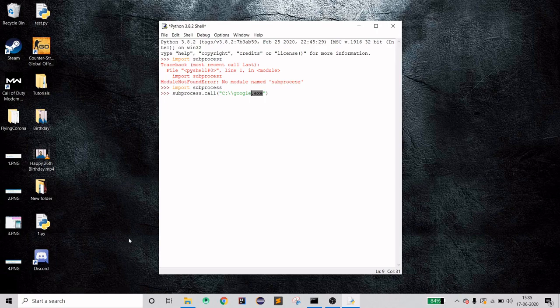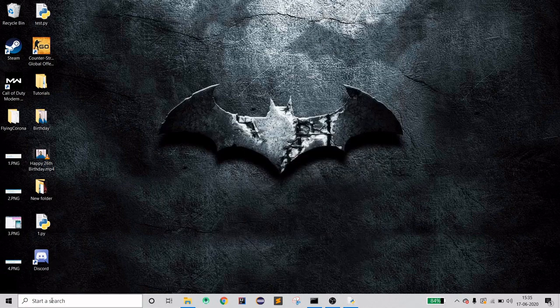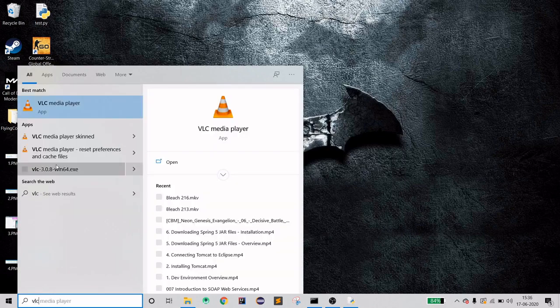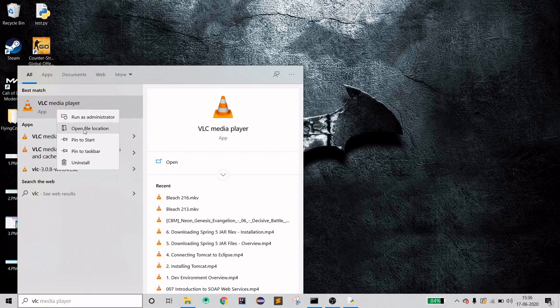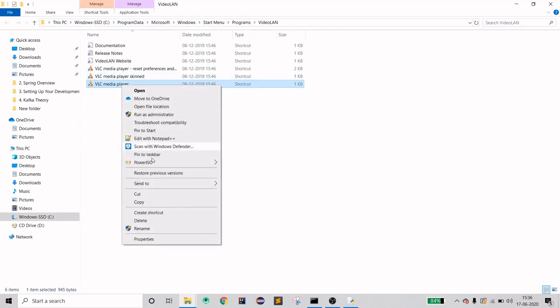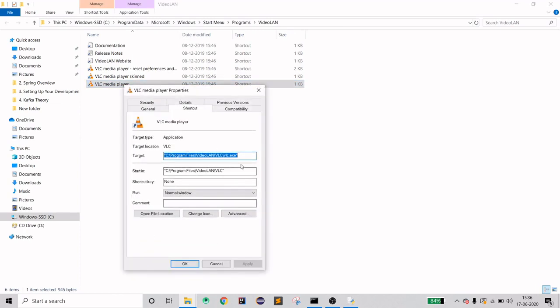Why? First of all, let me tell you the basic difference. When you see any application, let's say VLC, and you right click on it, you can go to its file location. When you do that, you can see that this application is a shortcut right now, and when you go to properties to see the actual location, that is this one, which is installed in your program files.